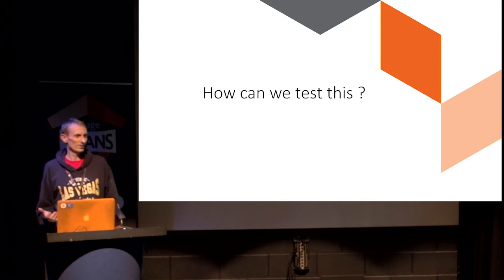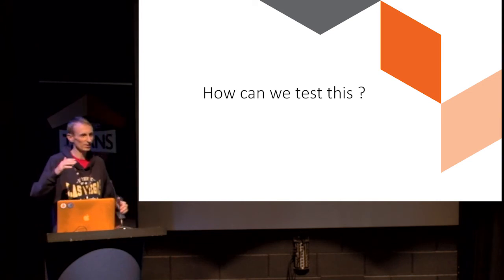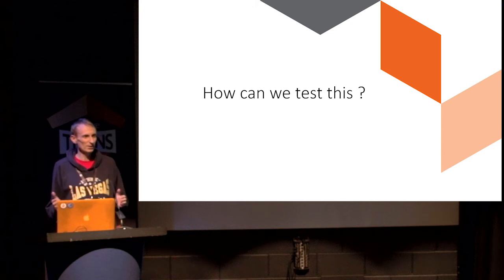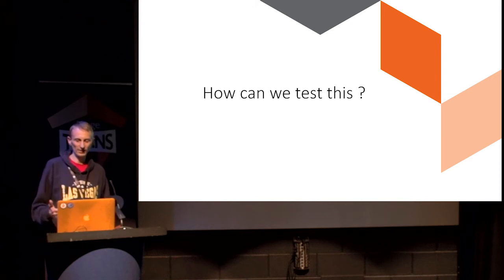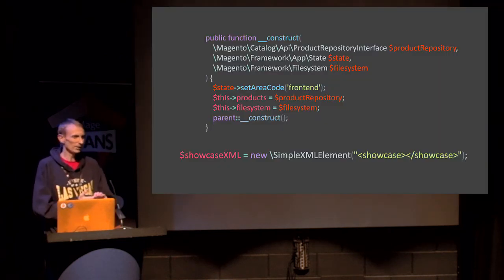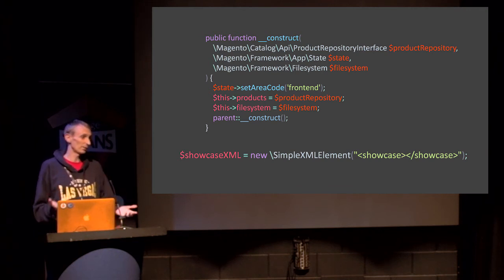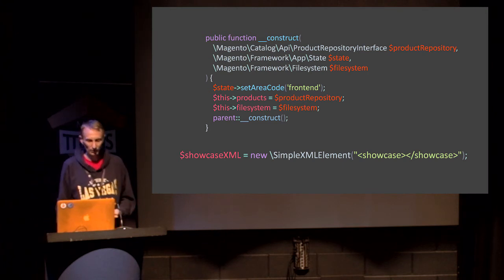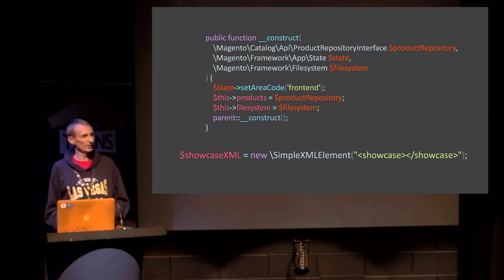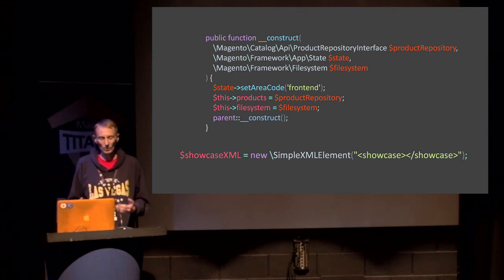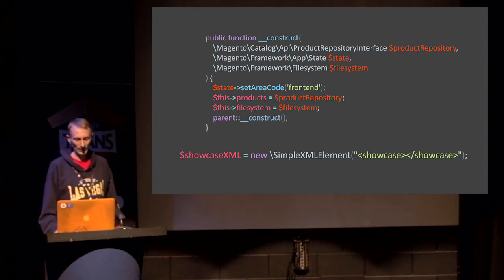And actually, how do we go about testing that? Because we've got this big execute method now that was sort of manageable when it was just doing JSON, but now it's growing into quite a complex application that's dealing with XML generation. And if you look at the list of dependencies that we're actually pulling in, not only are we pulling in the product repository, thankfully we're using the interface so it's easier for us to mock it out, but we're calling in the application state, we're pulling in the file system object, and we're calling in the simple XML by instantiating a new object of it. So we've got four dependencies that we actually have to go away, think about, and mock ourselves.